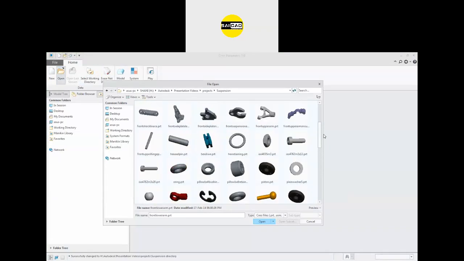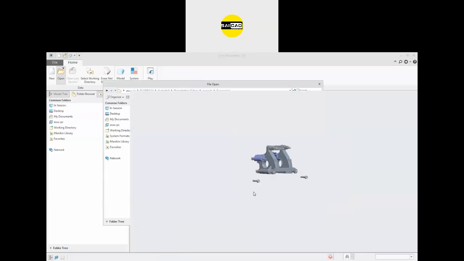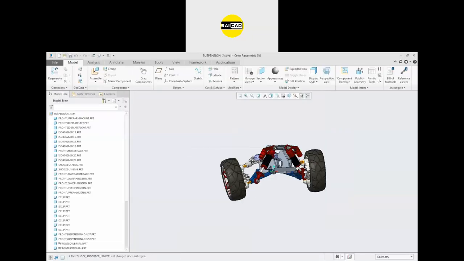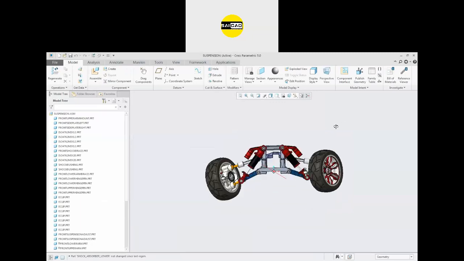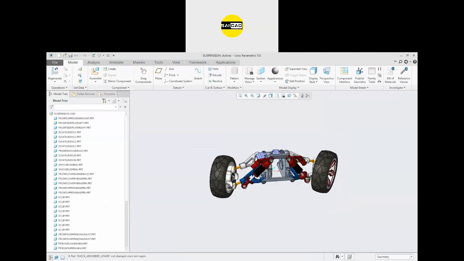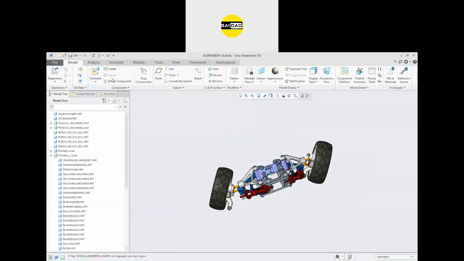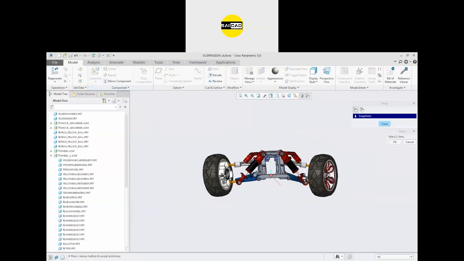I'm going to show you. Select only the assembly, and here is the assembly. Like that we can show. You can see this is a fully defined assembly. Again, we have some options here. I have created it like I've shown you in the previous assembly. So you can see this is the assembly.